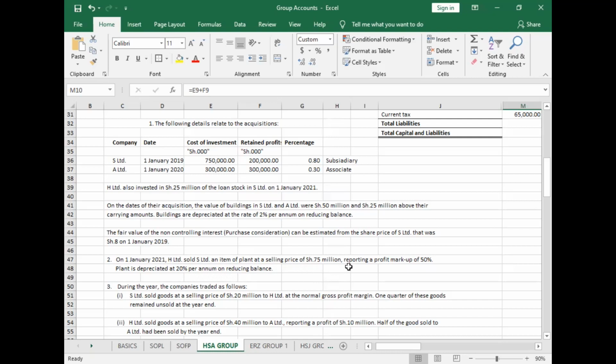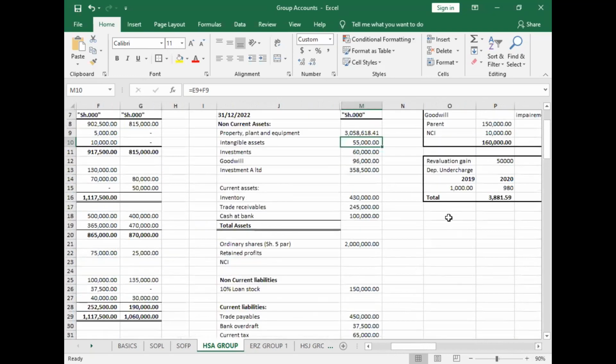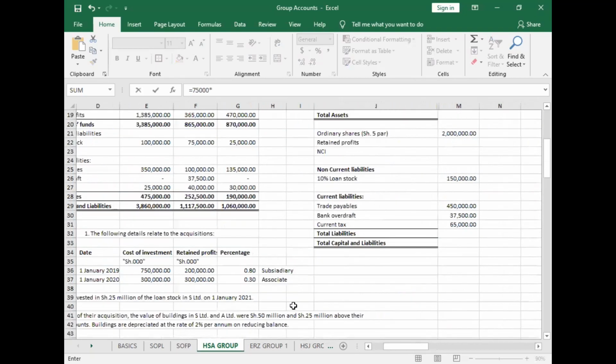So we will have depreciation overcharge here and unrealized profit on sale of fixed assets. So 75,000 multiplied by. This is just the transfer value multiplied by the profit margin. But here, we've been given the